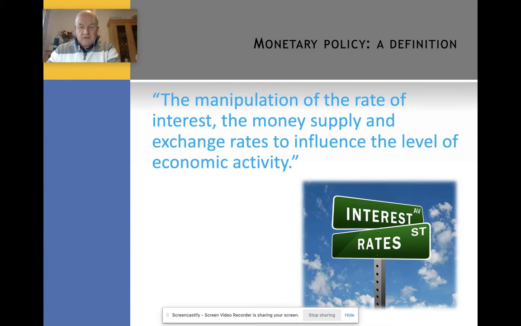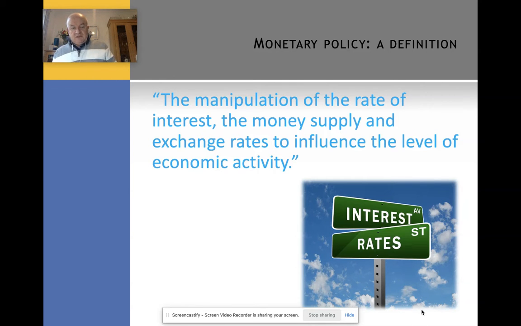Okay, welcome back to the second PowerPoint in chapter 13 on theme 4, making markets work, and we're going to be looking at monetary policy here. We remember the last session we looked at fiscal policy. We're looking at monetary policy now.